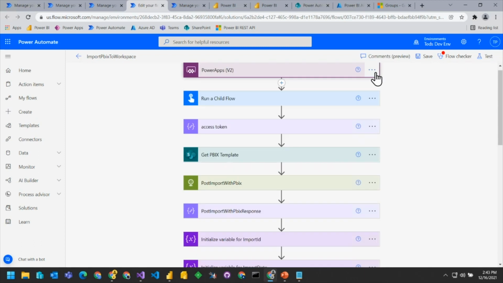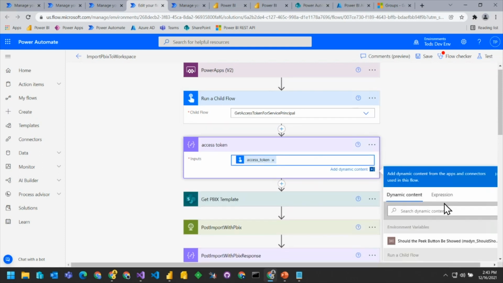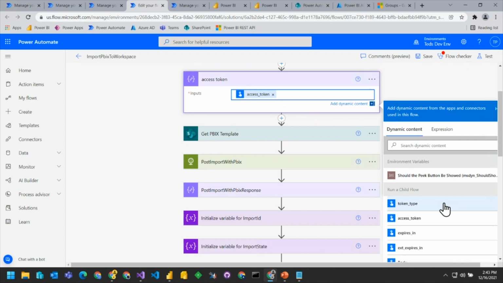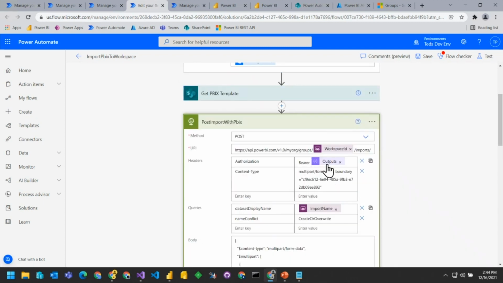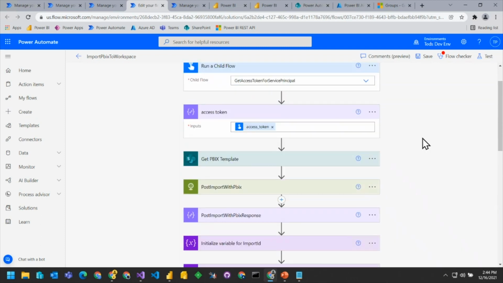Okay, now I've done that here. What child flow do I want to call? I'm going to call this one right here, get access token for principal. And then back over here, you can see that because I added a strongly typed response, when I run this child flow, I can just take the access token and drop it in here. And that's what gives me the ability now to make any API call, because as long as I say authorization bearer and we add that access token, I'm able to make any call I want as a service principal.